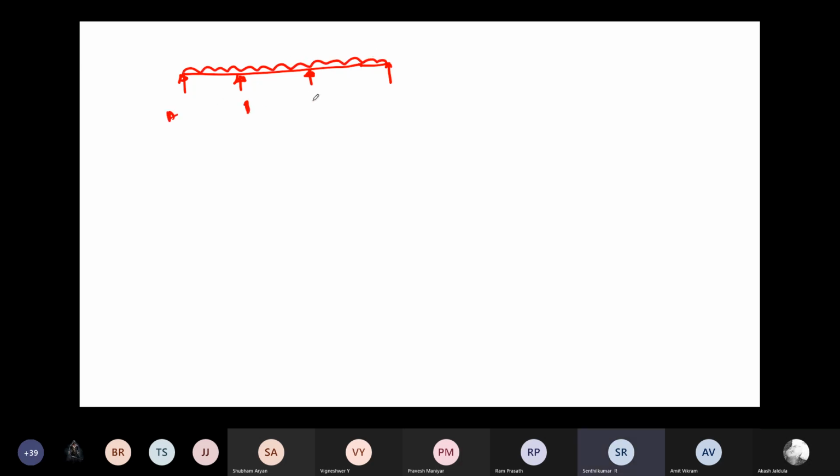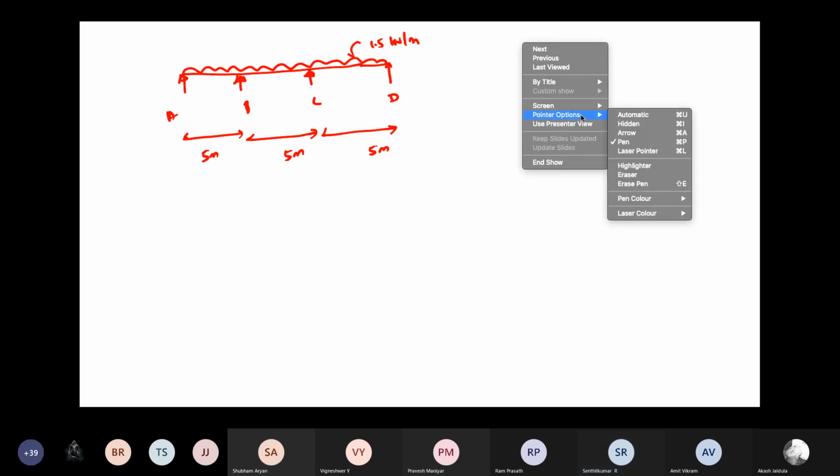A, B, C, and D. This is 5 meter, this is 5 meter, this is 5 meter. The load is 1.5 kN per meter. Okay. So everything is there: L1, L2, L3. What about your static indeterminacy here? For SI, the SI of the beam is